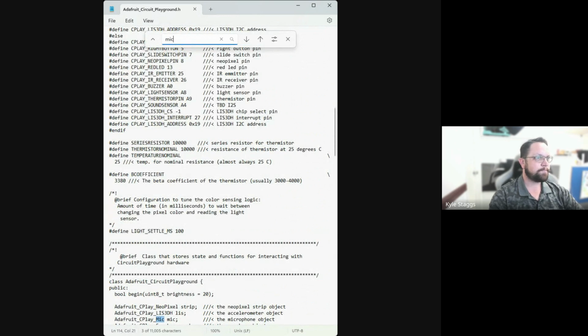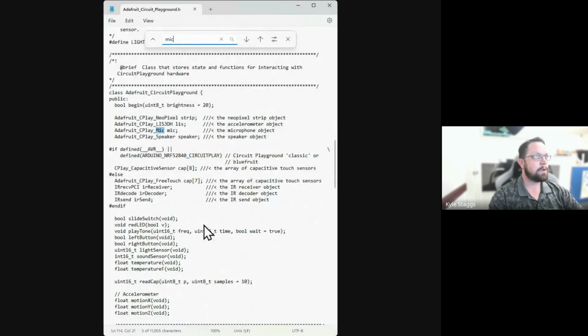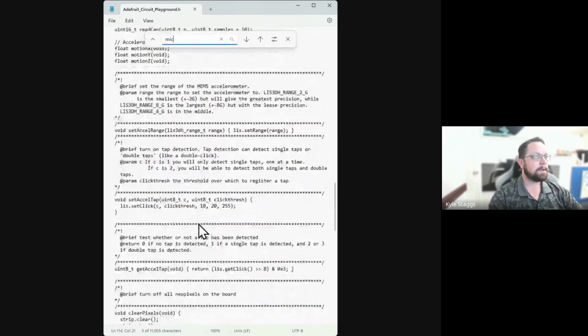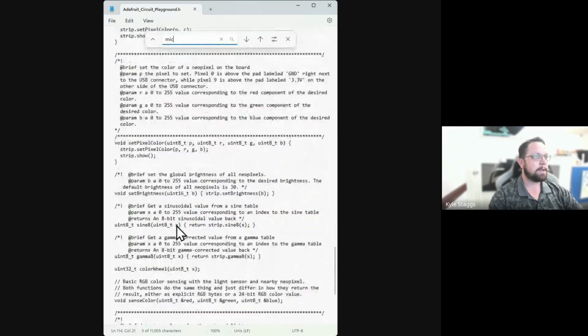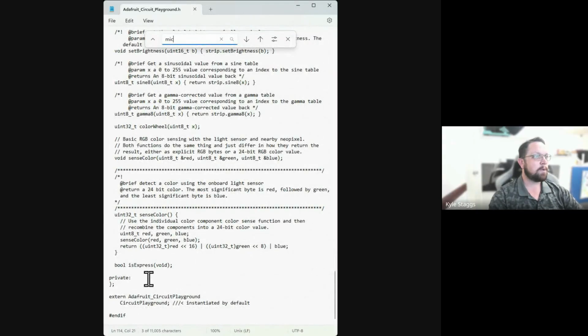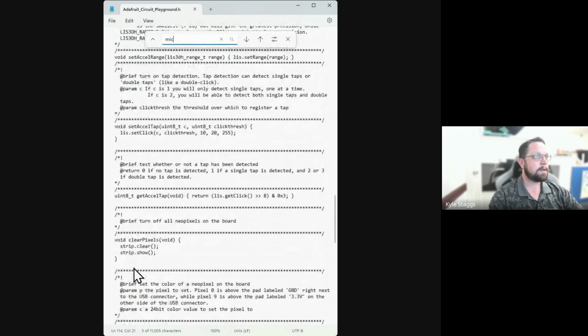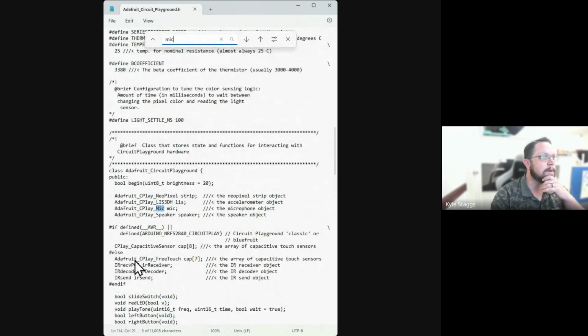And this one should have the mic, and some libraries include a cplay listen command, and there's a couple others, but there should be one for the mic. There should be a definition. No, that's for accelerometer. Okay, so this is,